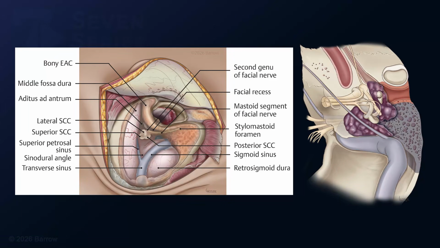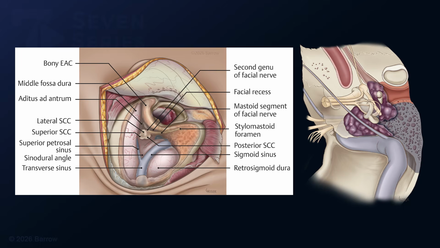This infratemporal fossa approach is one of the most complicated anatomical regions in the skull base, and this illustration here shows why. You can see the confluence of the venous anatomy with the transverse sigmoid jugular bulb and internal jugular vein. You can see the course of vital cranial nerves like the facial nerve coursing through its fallopian canal. You can also see the relationship of this exposure to the semicircular canals. The tumor resides medial to the semicircular canals in this space around the jugular bulb, as shown on the illustration to the right.